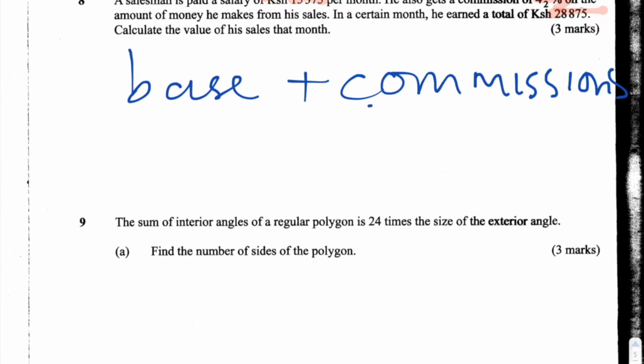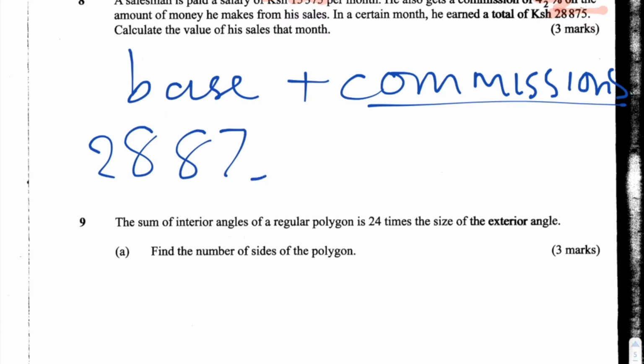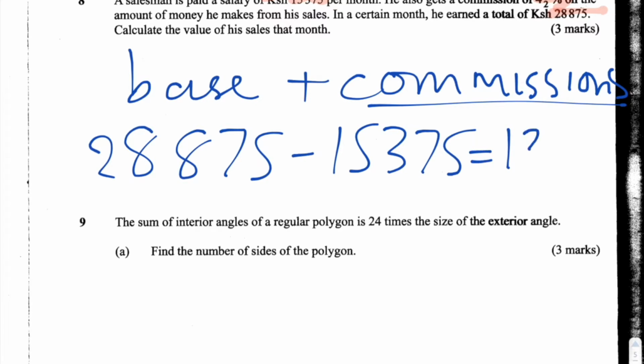So in order to find out what he gets from commissions alone, we'll have to do 28,875 take away 15,375. I would say just put that into your calculator instead of trying to do it off the top of your head, because you might not get the right answer. And if you get the wrong answer for this part, this will affect your ability to get the right answer for the whole of the question. So the total we get for this subtraction is 13,500. That's what he gets from the sales,